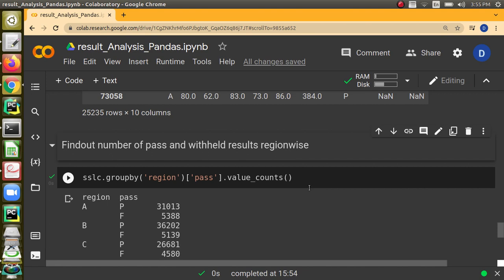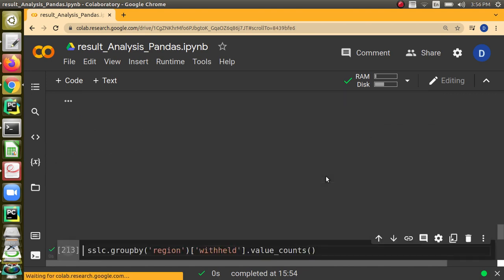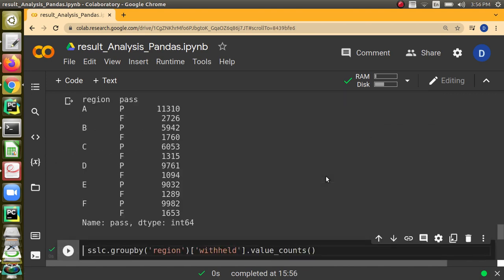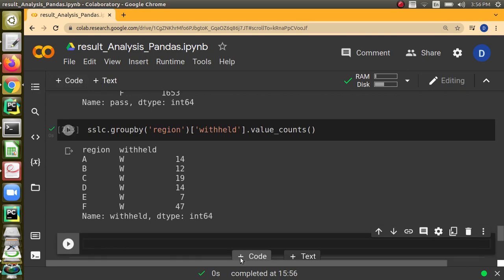We can even find out the maximum value and so on, right? Now we are grouping by region, and then we are going to take pass and then value counts. So this will display region wise how many students have passed and how many have failed. We can see here 11,310 students have passed, 2,726 students have failed, and so on.